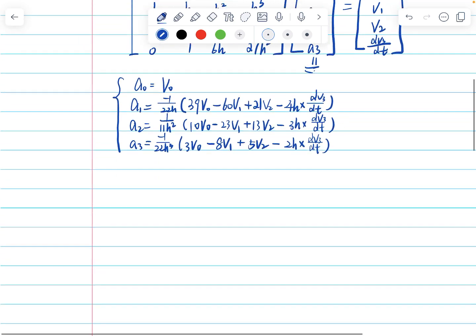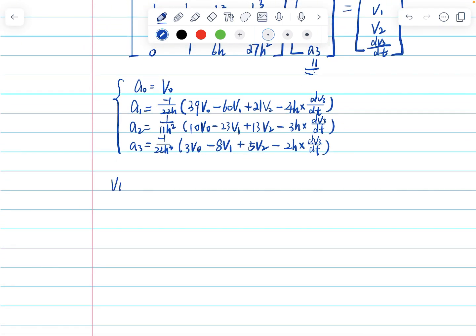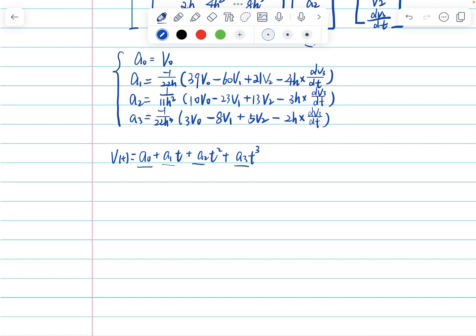Okay, and let's write down once again the equations. So what we need to do is we only need to swap out A0, A1, A2, A3 with the thing that we got from MATLAB. But what I'm going to do here is I'm going to use V3, okay? So V3 equals A0, not A0, V0 plus